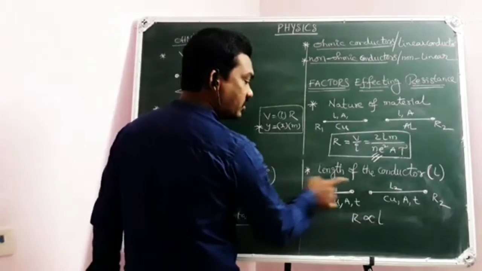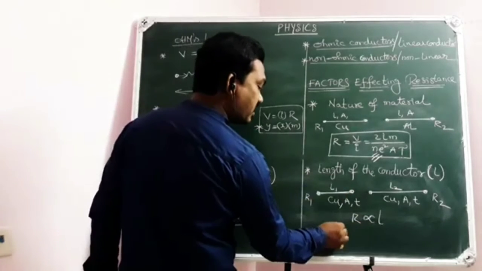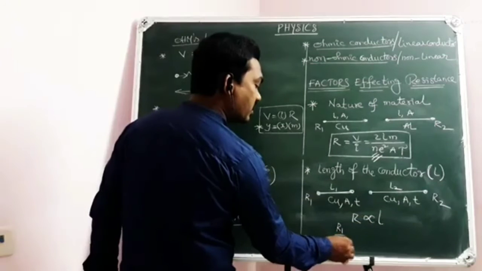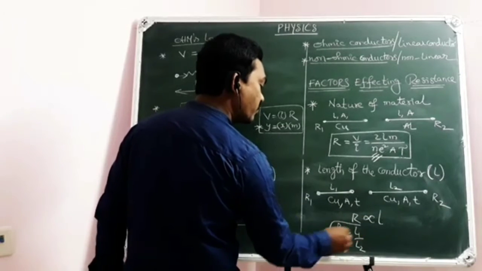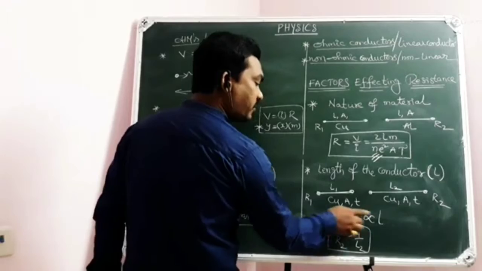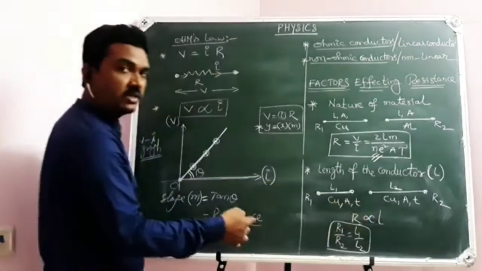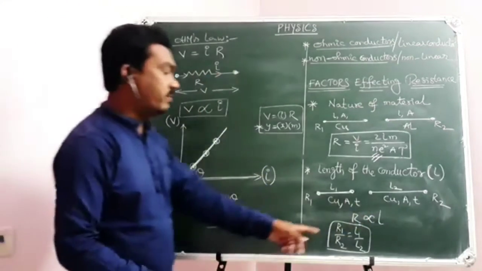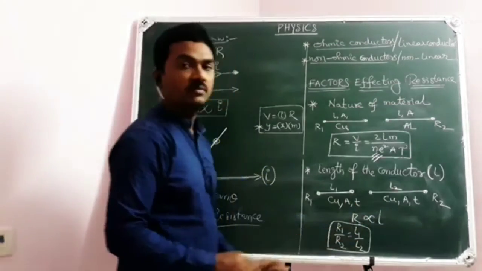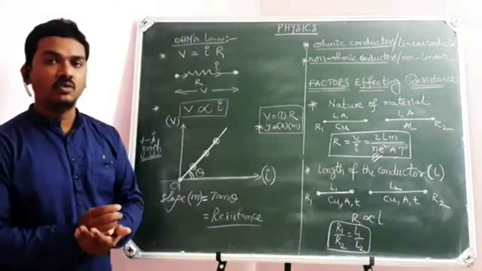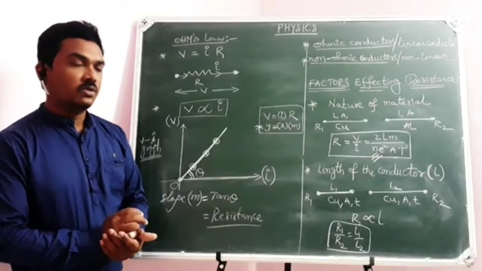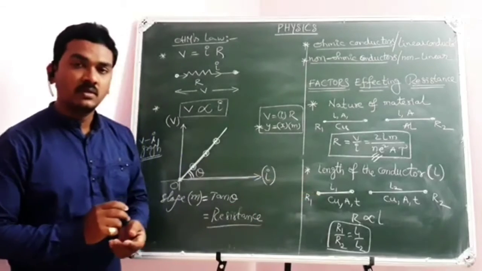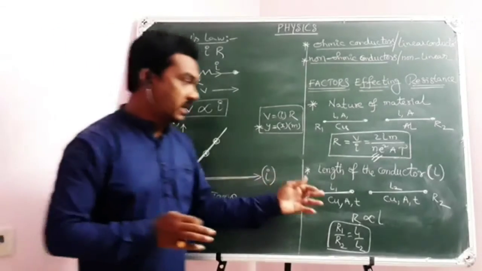Then these two R1, R2, L1, L2 will be related with the equation R1 by R2 equal to L1 by L2. This is well familiar mathematics to you, because when x is proportional to y, x by y is always constant. So that R1 by R2 equal to L1 by L2, which is required mathematics to go with our textbook at full extent. No doubt. So my conclusion from this point is, the resistance of a conductor